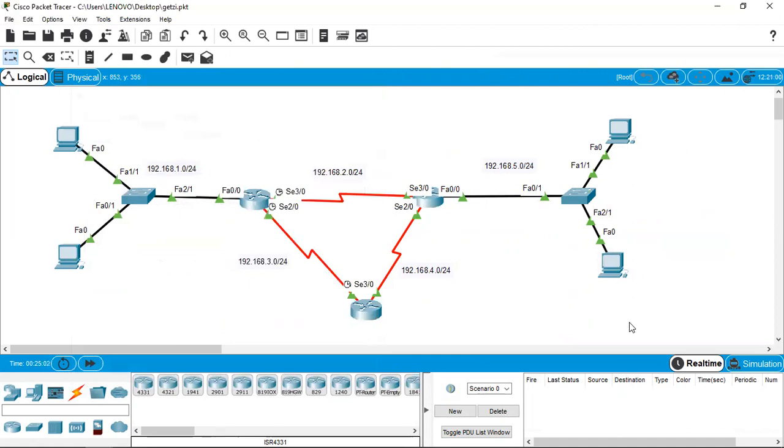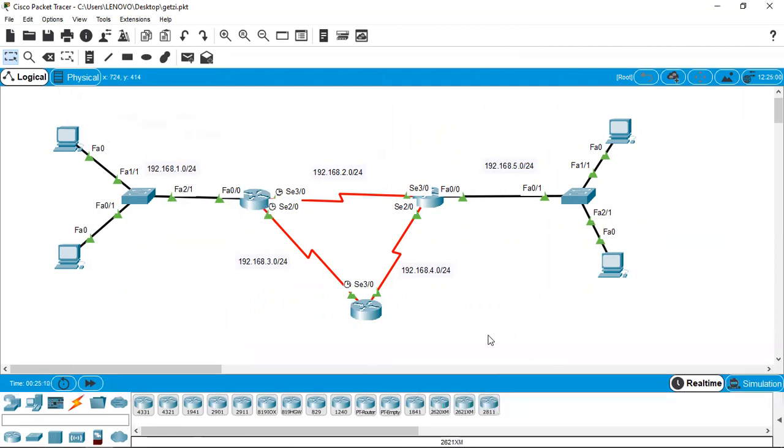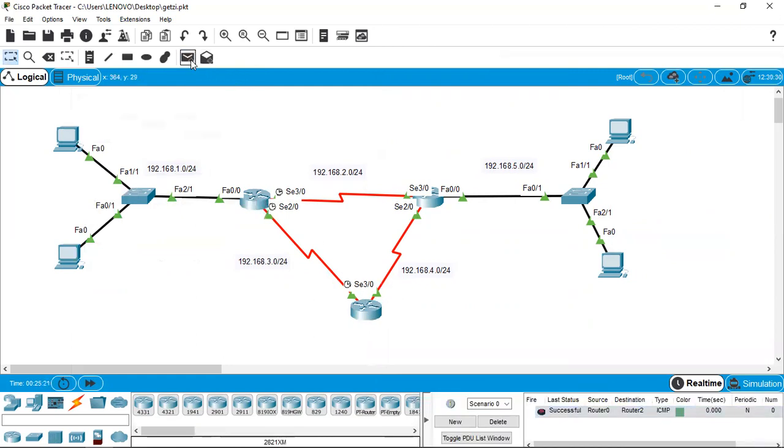And we also can check whether you will be able to check the connectivity between these devices. I'll go for a normal PDU, whether these two are successful. It is successful, which means they are pinging. Here to here also is successful. Here to here also is successful.